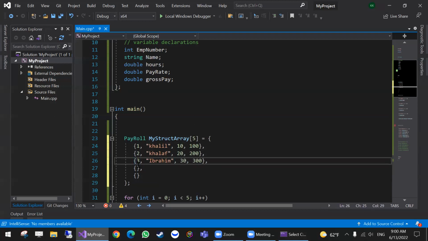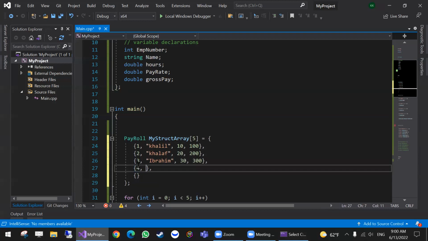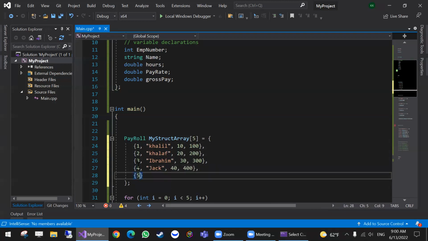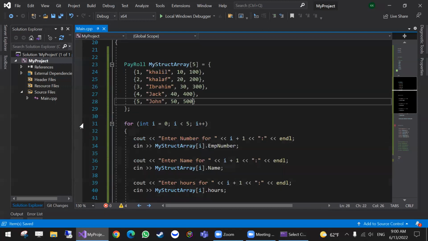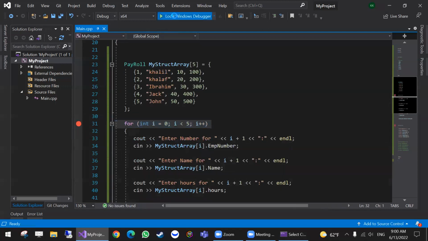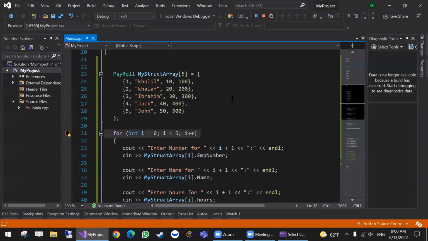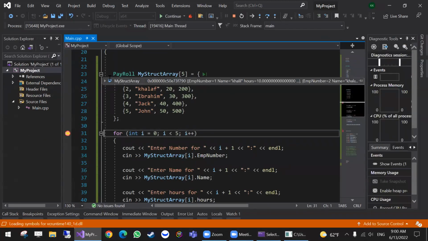And have 4, Jack, 40, 400. Then finally John, 50, 500. I'm gonna run it, but I'm gonna stop only here to show you the values inside my